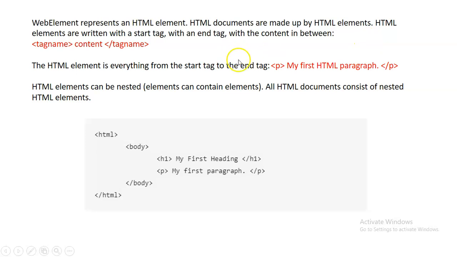Okay, so for example, in this HTML doc, this heading which has the starting tag as h1 and end tag as h1, this is the start tag, this is the end tag, and this is the content in between. So this entire HTML element represents one web element, and similarly this is one web element. And HTML elements can be nested as well. It means that this is one web element inside this body which has two individual web elements. Let me show you